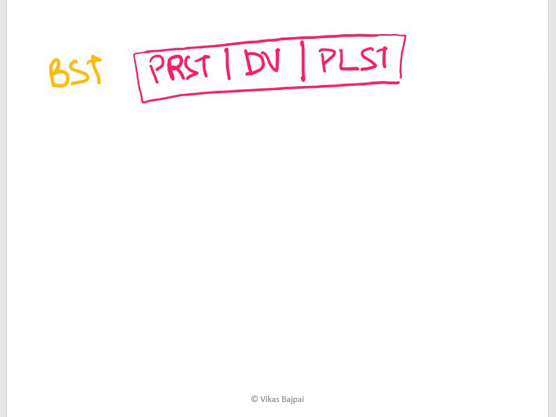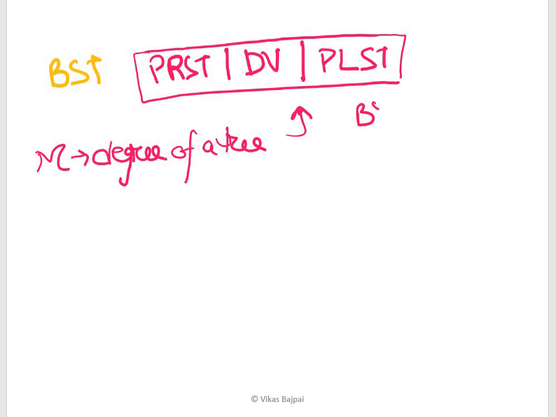Now in case of M-way tree, what we'll have is a tree where we'll call M, which is nothing but the degree of a tree, and if we carefully observe, then in case of your binary search tree, your degree is always equal to 2, which is M in this case.